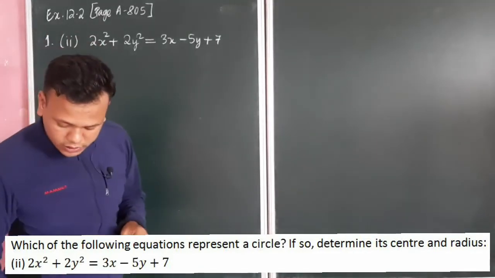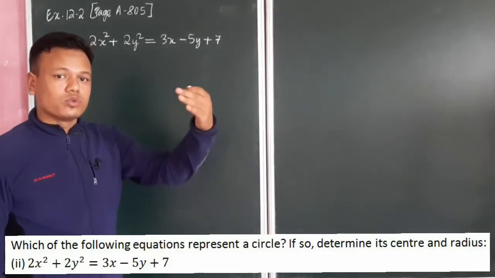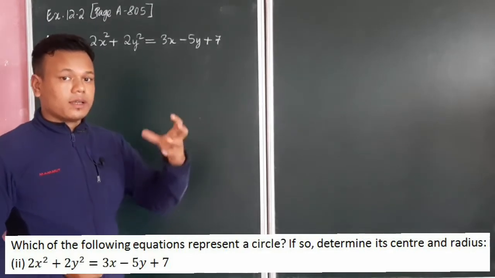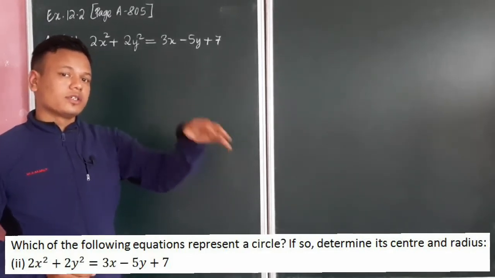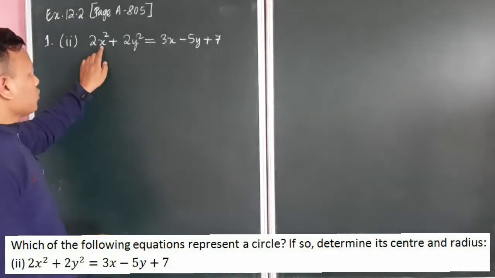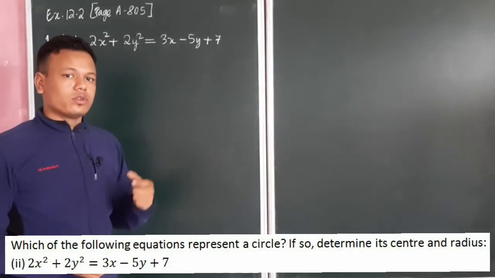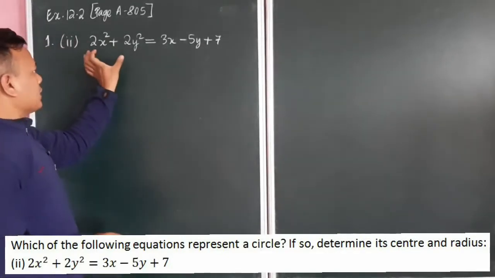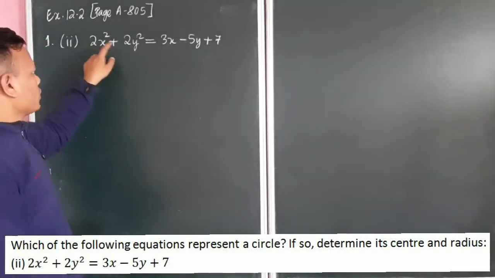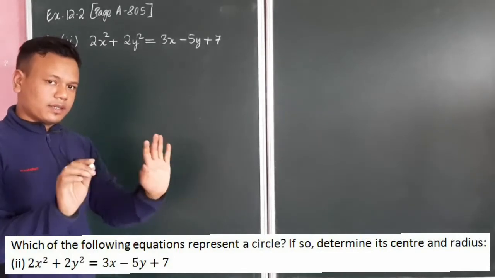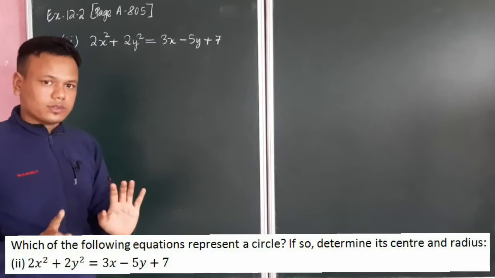Now what is the general equation? General equation is x square plus y square plus 2gx plus 2fy plus c equals to 0. Basically, what is the coefficient of x square over there? It is 1. And what is the coefficient of y square? It is also 1. But here we see that the coefficient of x square and y square is 2, isn't it? So we will make it 1 and 1. First and foremost, both are 2. Coefficients are equal. That means if the coefficient of x square and y square are the same, then this becomes